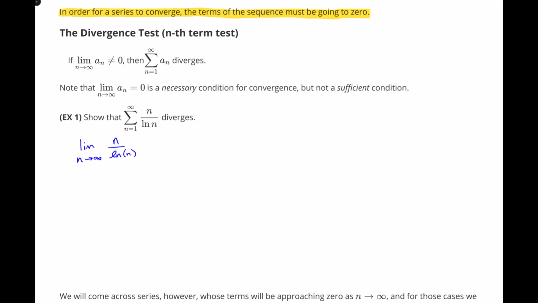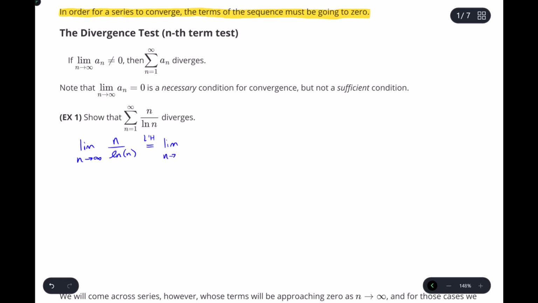But when you let n go to infinity, of course n, the numerator here, is going to infinity. And the natural log of n, it does go to infinity, albeit a lot slower, but that's okay. So this is of the type infinity over infinity, so I am able to use L'Hopital's rule,